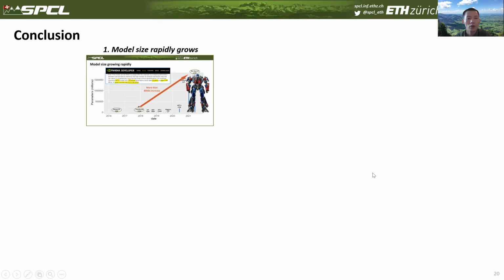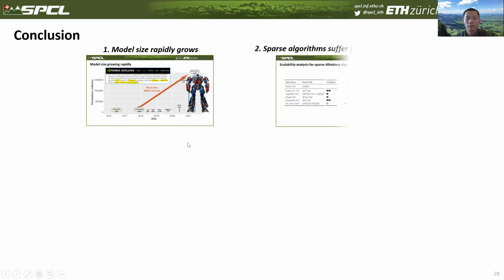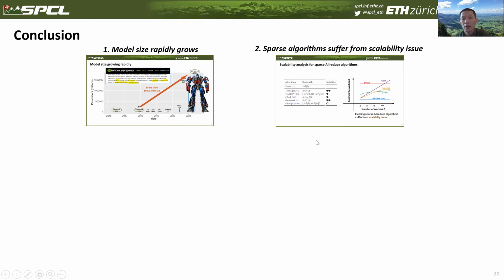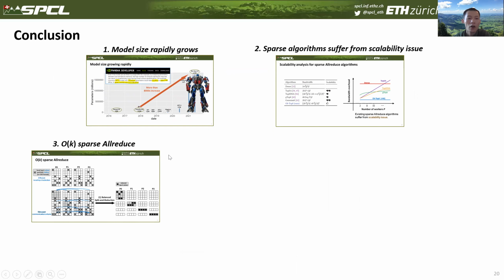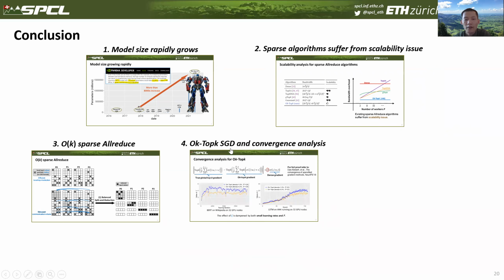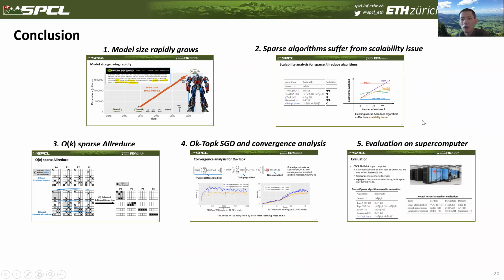At last, I conclude this work. First, we show that the model size is growing exponentially. And to reduce the communication overhead, people propose to use top-k SGD. However, the Sparse Allreduce algorithm is not scalable. Therefore, we propose our own algorithm, Ok Sparse Allreduce. It incurs less than 6k communication overhead, which is more scalable than the other algorithms. Next, we present Ok-Topk SGD and analyze its convergence. And at last, we evaluate the performance on the Piz Daint supercomputer, and the results show that Ok-Topk achieves the fastest